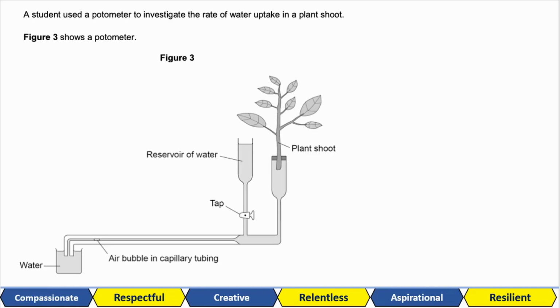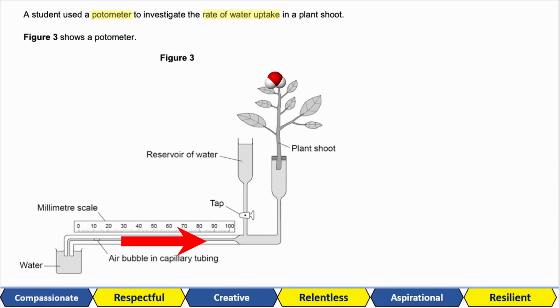So let's look at this past paper question. A student used a potometer to investigate the rate of water uptake in a plant shoot. Water is absorbed from the bottom of the shoot and is lost through the leaves. The movement of the water causes an air bubble to move towards where the water is being lost. And if you place a ruler here, you can measure the rate of that water uptake by tracking the movement